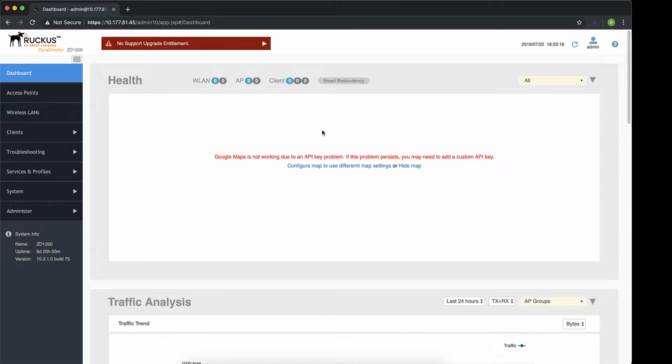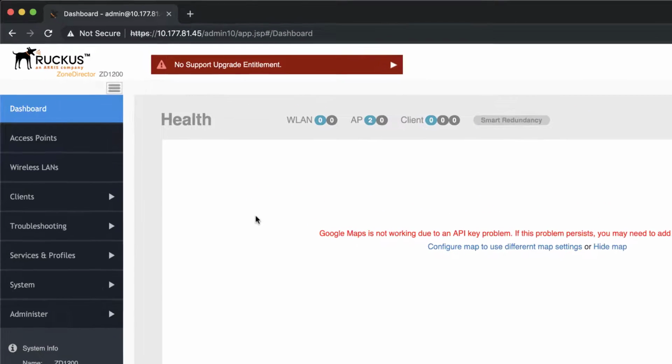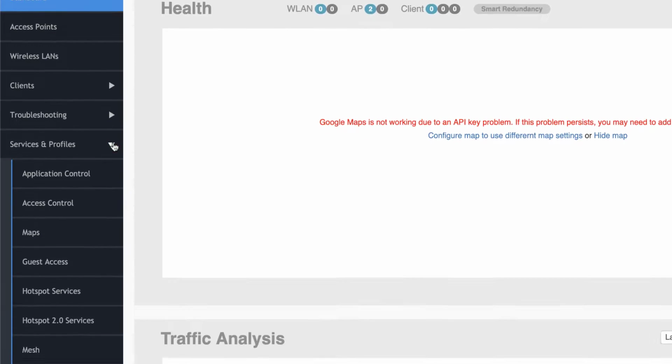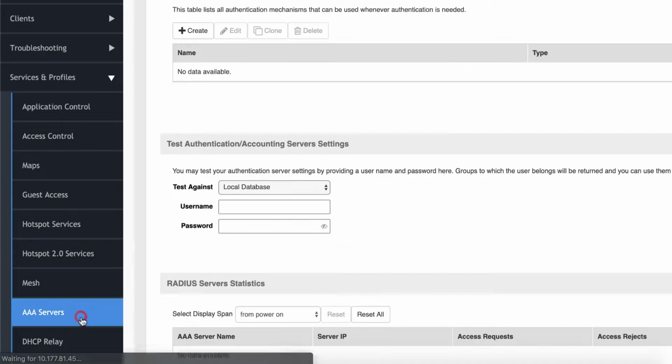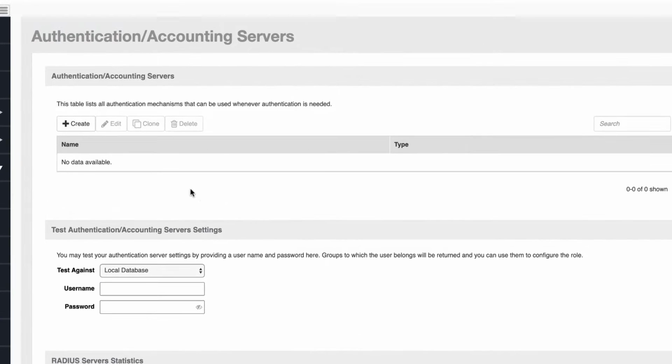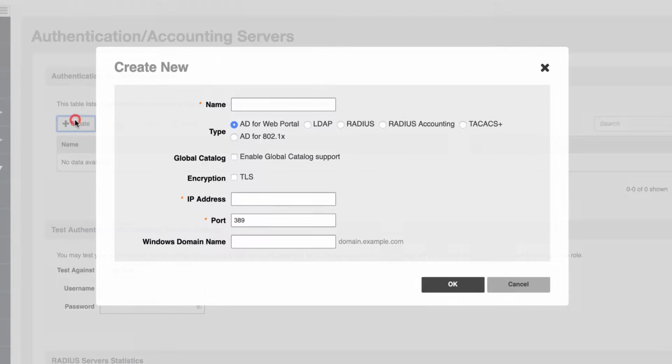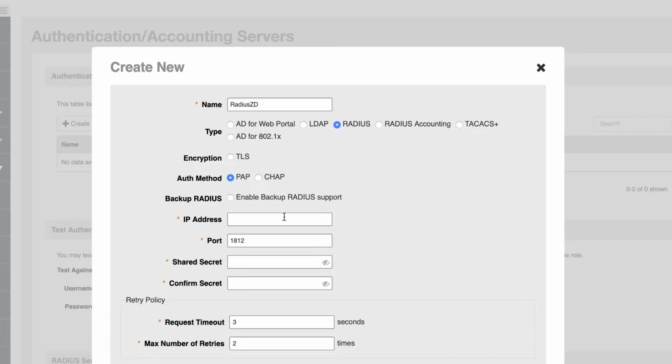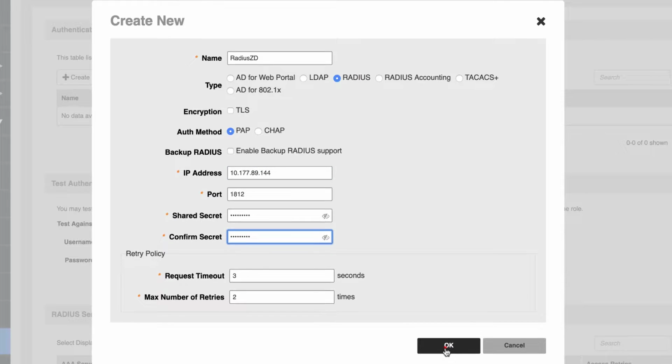Okay, so we've moved into ZoneDirector, and now we need to make some configuration changes here. So we'll navigate to Services and Profiles, and we'll select AAA Servers. We're going to click on Create, and we're going to tie this to our Radius server. So we'll give it a name, and then we're going to select Radius as the type. Here we can input the IP address. We didn't change the port number. We can leave that default, but we do need to include the shared secret of the Radius client that we